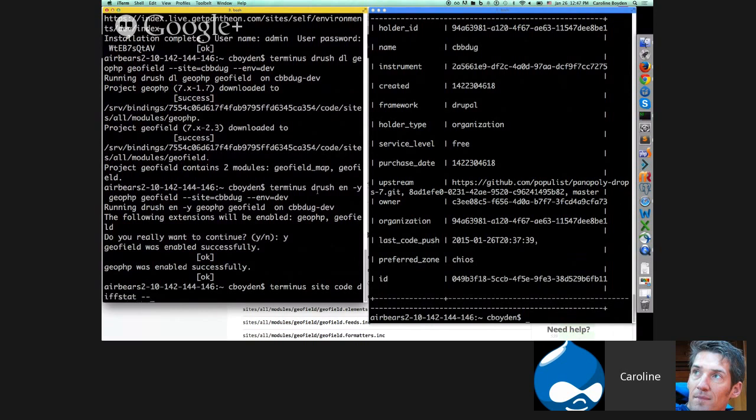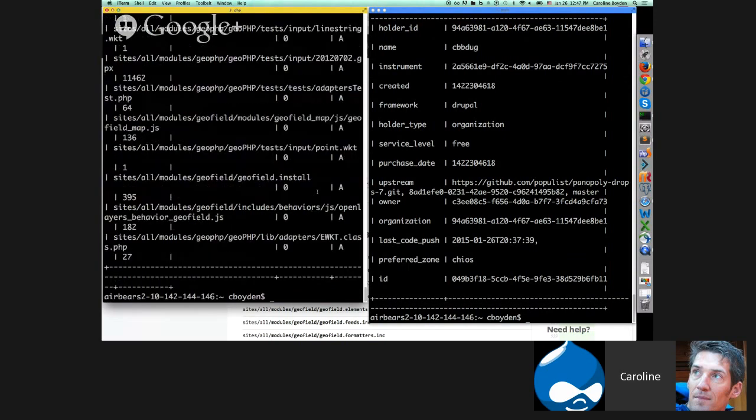So then again, I have to say... oh yeah, look at all this stuff. And again, since my thing is so big, it tells me every file here. I could parse this list if I wanted to, but oh look, there are all these things. So now I want to commit them